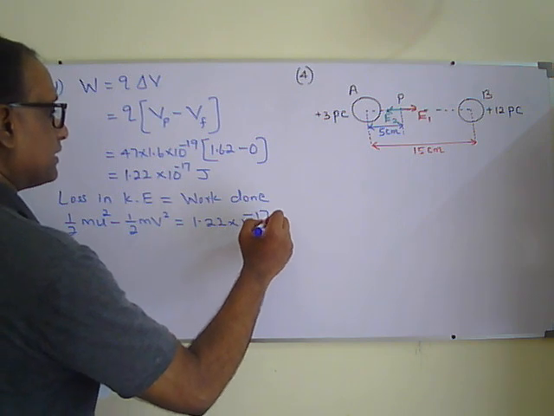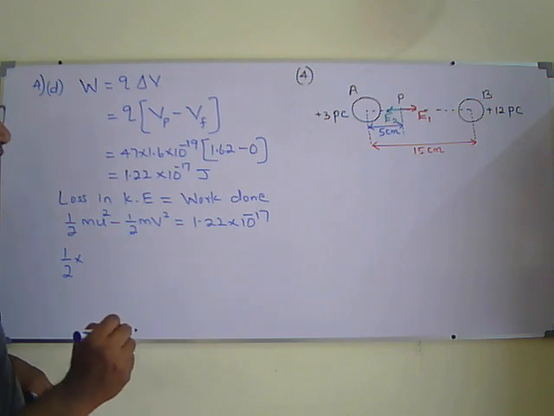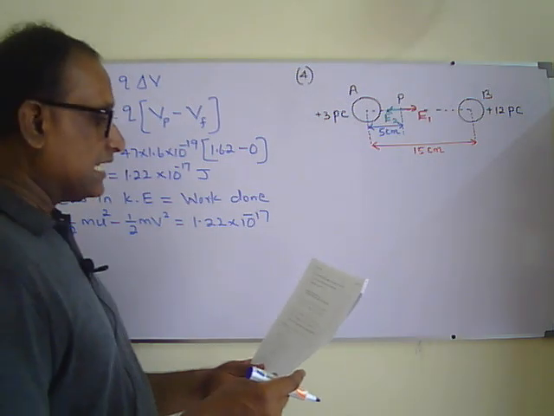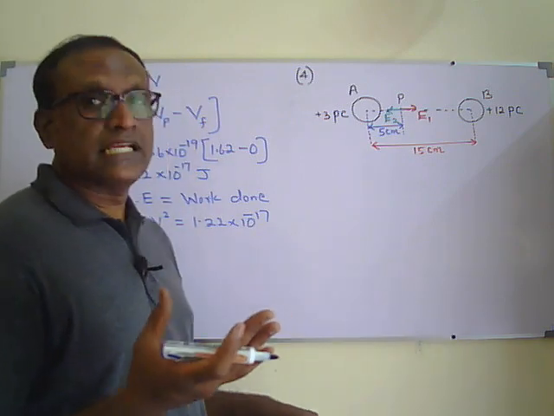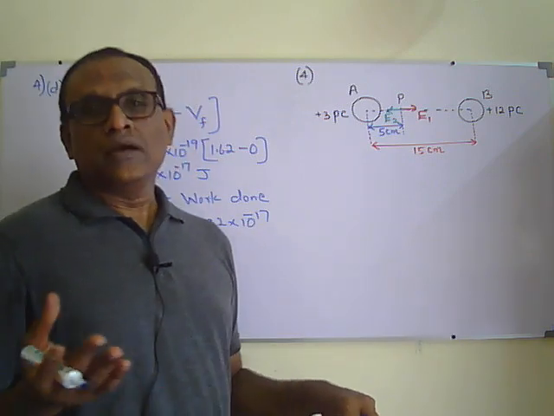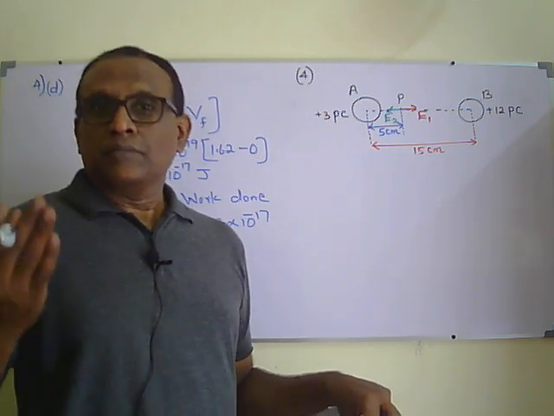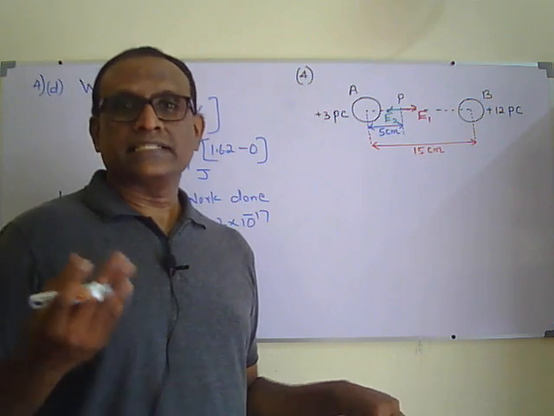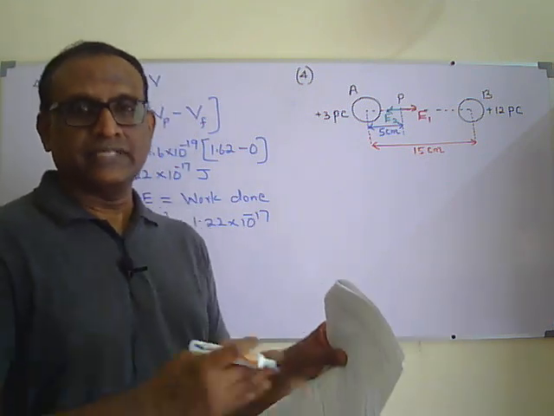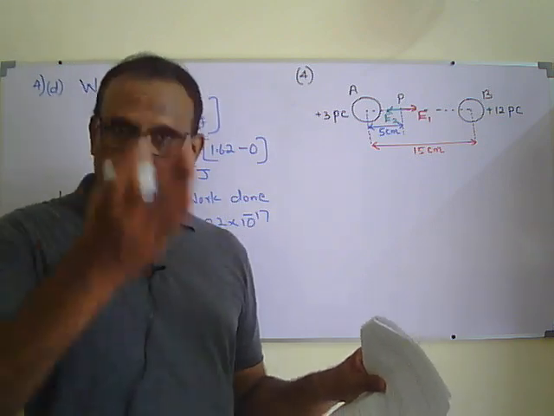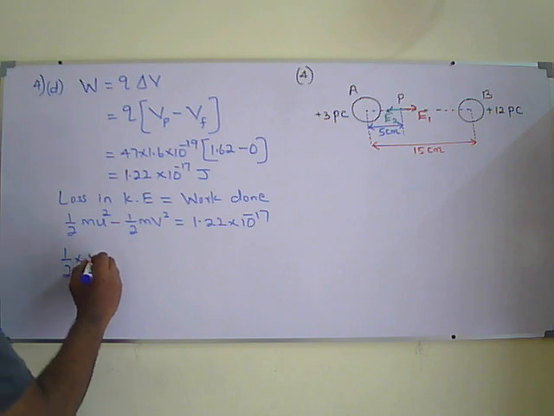So half into, okay, mass is not given, but we know the mass number of the silver nucleus is 107. So silver nucleus consists of protons and neutrons. Mass of proton is almost equal to mass of neutron. That is, mass of proton is 1.66 into 10 to the power minus 27. That is given in the data sheet in the exam paper, right? I didn't give this in my worksheet, but normally in the exam paper, it's given as a data sheet. So the mass is 107 into